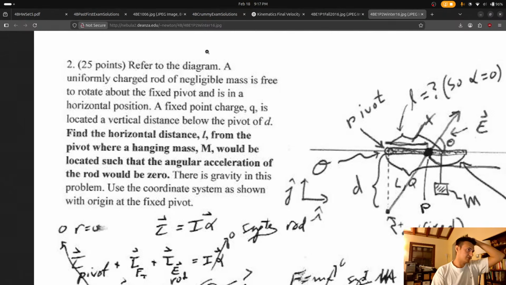A uniformly charged rod of negligible mass is free to rotate about the fixed pivot at the origin. A fixed point charge Q is located at a vertical distance D below the pivot. Ooh, this is a hard torque one. Holy cow. Find the horizontal distance L from the pivot where a hanging mass M would be located such that the angular acceleration of the rod would be 0. Okay, so first what we're going to do